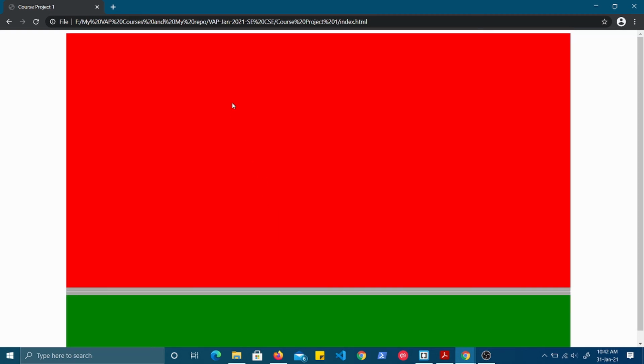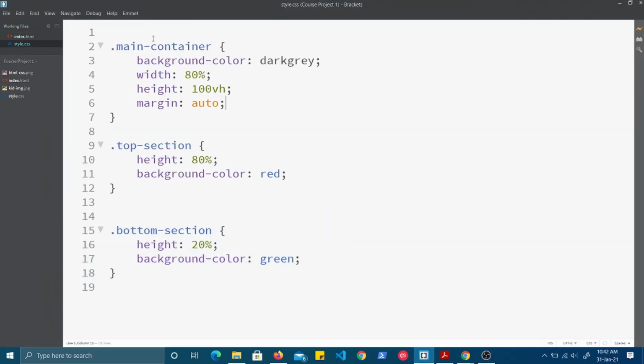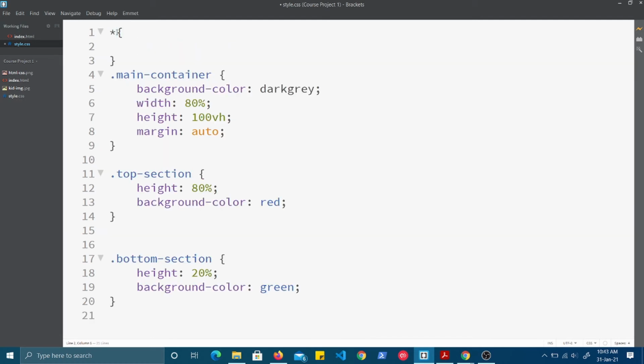Okay, fine. Now you can see here a little bit of white space above. This is the default white space, or rather padding, given by the browser itself. So basically it is a common practice that normally we use a universal selector. Now what is a universal selector? Universal selector is given by the star. That means this style is applied to all the elements unless and until overridden. So this style will be applied to all the elements below it, or to the entire document.